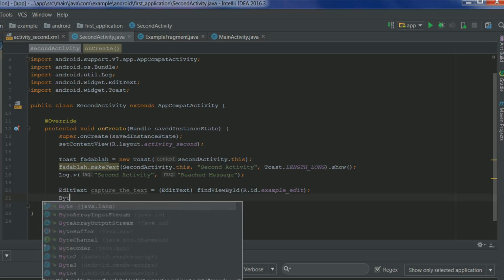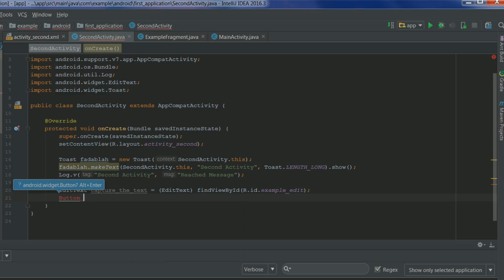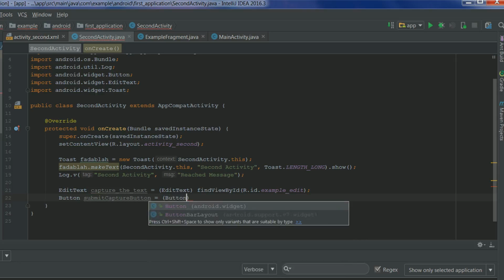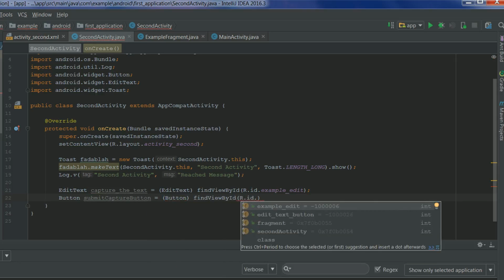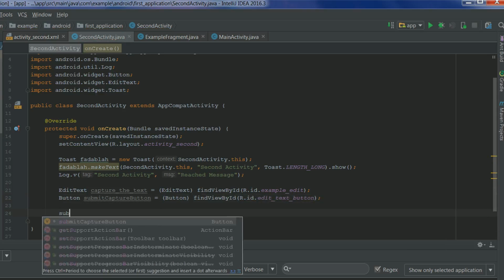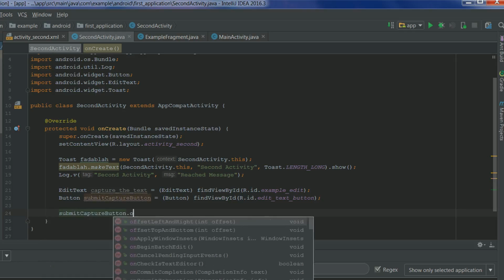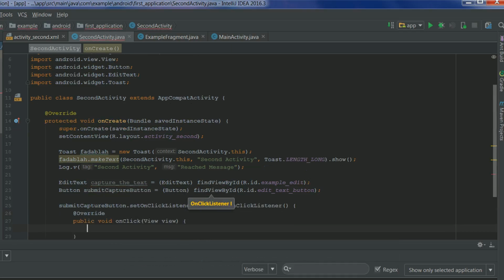Now we're going to create a button, and we'll call this the submit capture button equals Button, and then find view by ID, R.id.example button. Okay, now we can say submit capture button set on click listener, new on click listener,